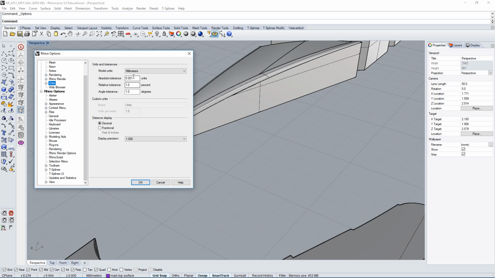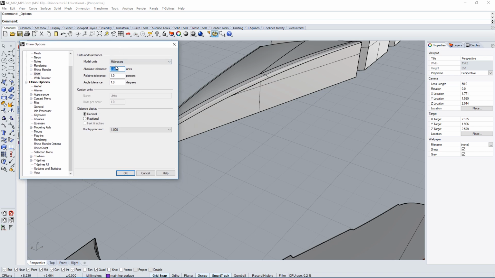But what we've done here is we've actually increased the tolerances, because the tolerances are based on the unit, and the unit is millimeters. And of course 1 millimeter is much, much smaller than 1 inch. 1 inch is the previous setting we used. So we just increased the quality by a lot. Although the absolute tolerance has stayed the same, because it's proportional to the unit we're using, we've actually increased it by a lot.